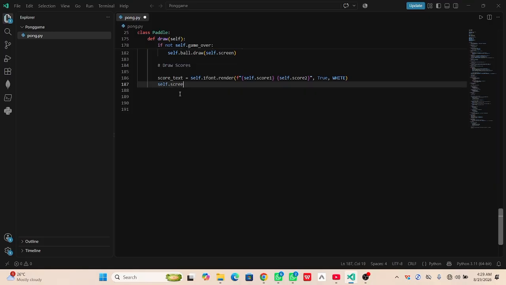Self.screen.blit. For the screen blit, I'm going to have score_text, comma, then in a bracket I will just have screen_width minus